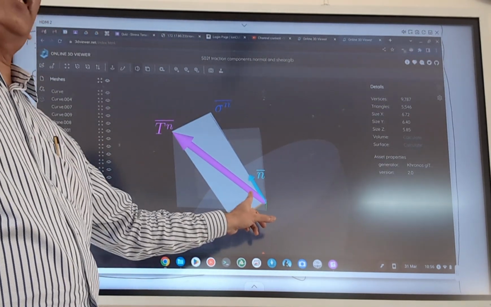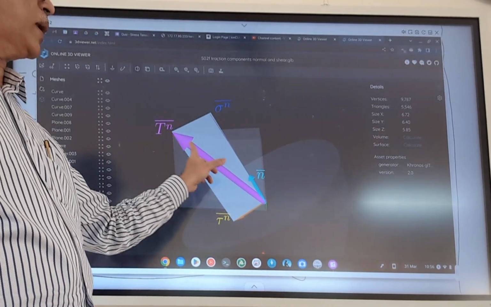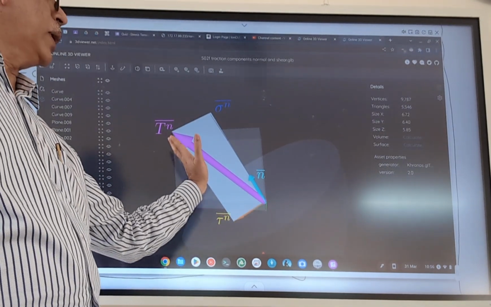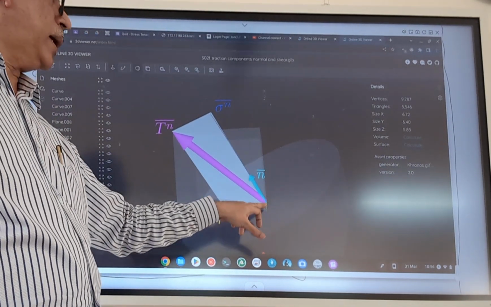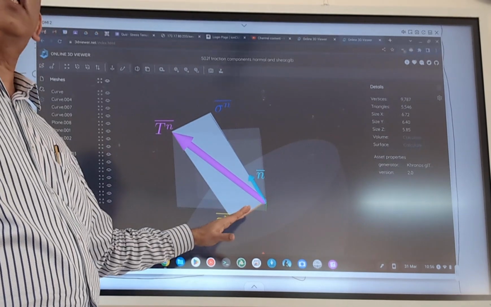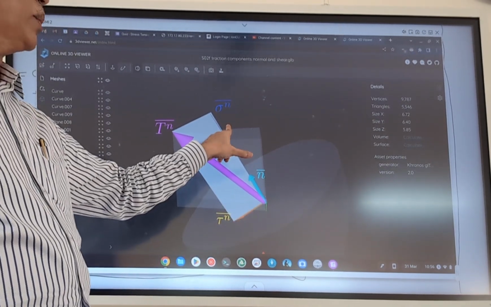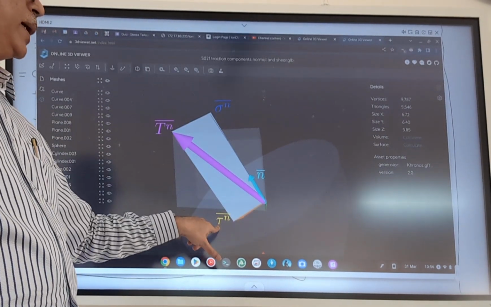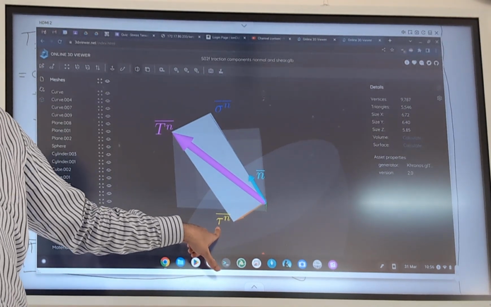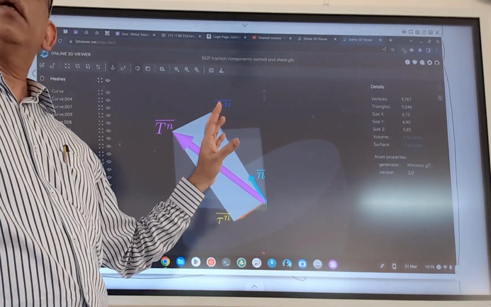And on that plane, using Cauchy's equation, you have calculated this Tn bar. You want to know what is along the n direction and what is perpendicular to that direction. So this is called the normal component, sigma n bar, and this is called tau n bar, or the shear component. Now using vector operations,